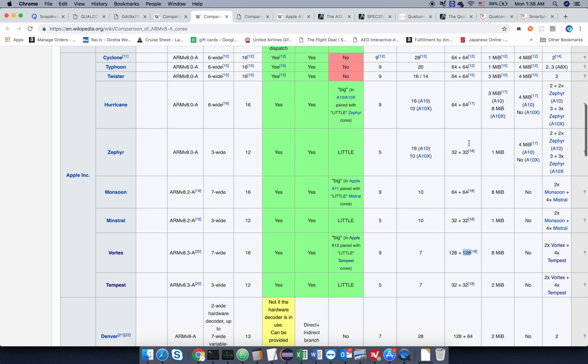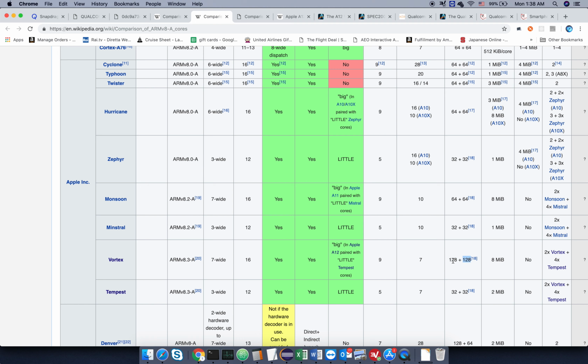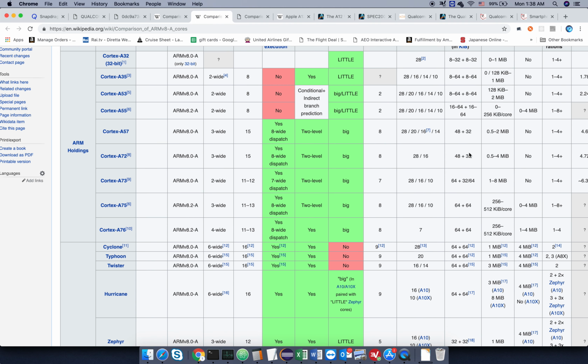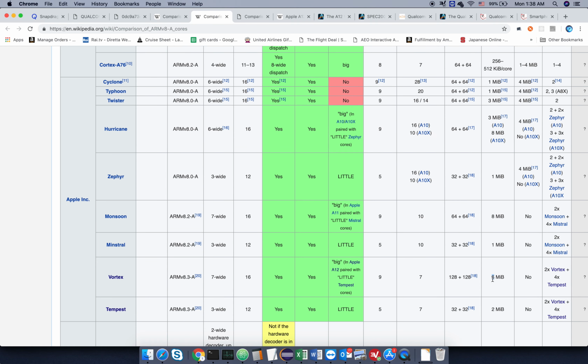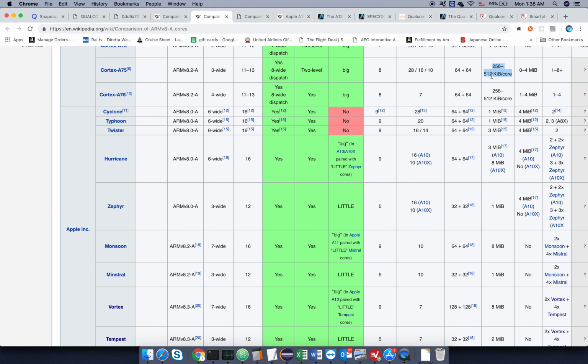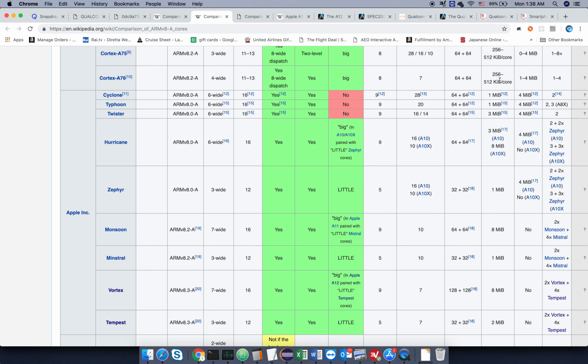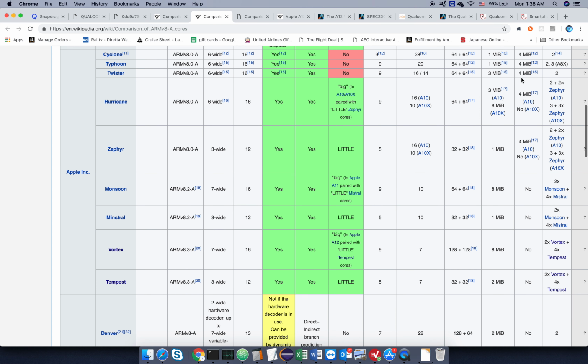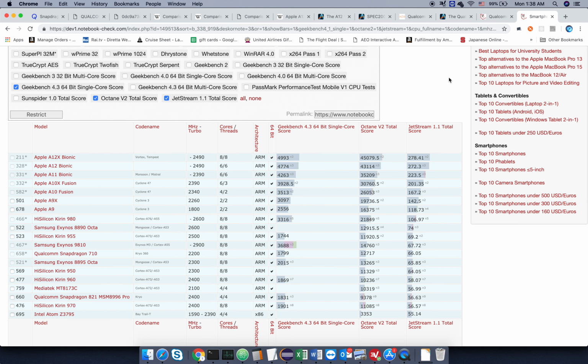You can also see the cache is insane. So 128 plus 128 compared to the ARM design at 64, so you have double the cache size. The L2 cache size is even crazier. You got 8 megabytes compared to these ARM designs at half a megabyte. So it really shows in the benchmarks, and the result is that anytime you do anything single-threaded, the Apple phones, iPhones, perform a lot better than most Android phones, because the Android phones just don't have the CPU.